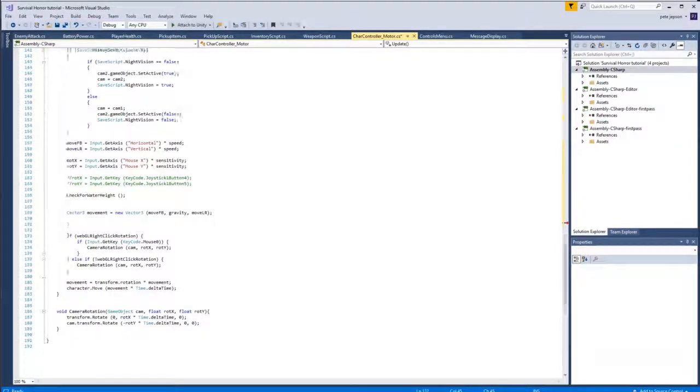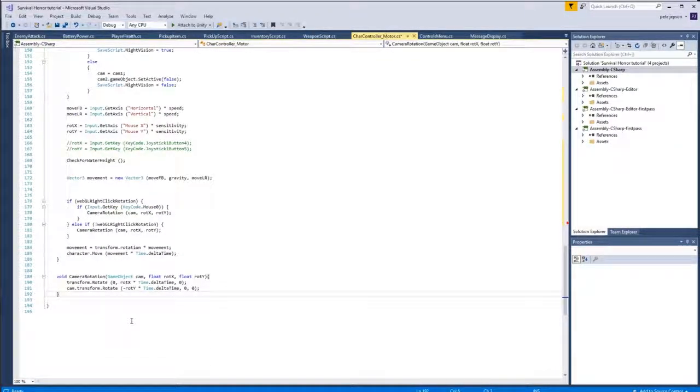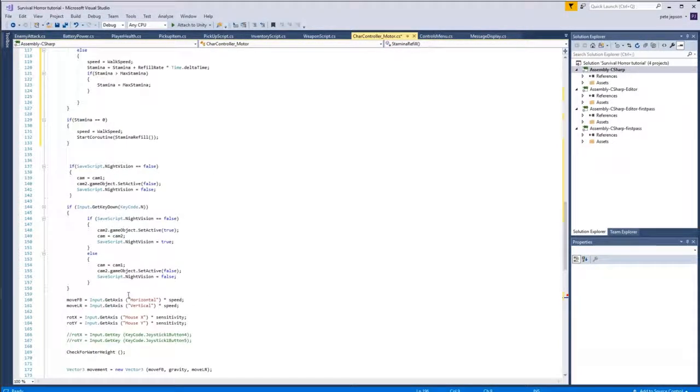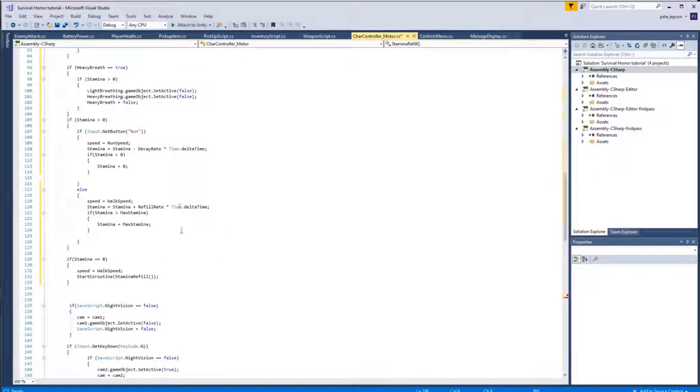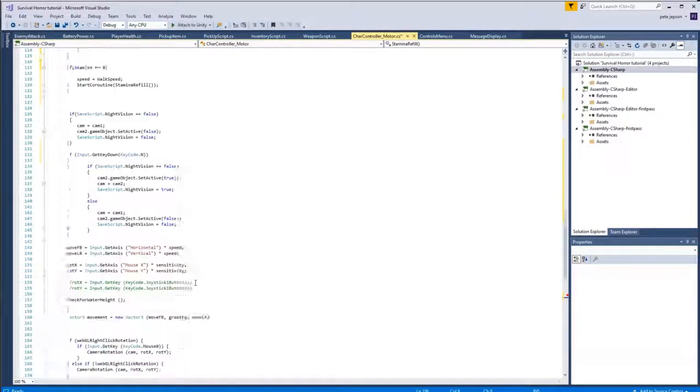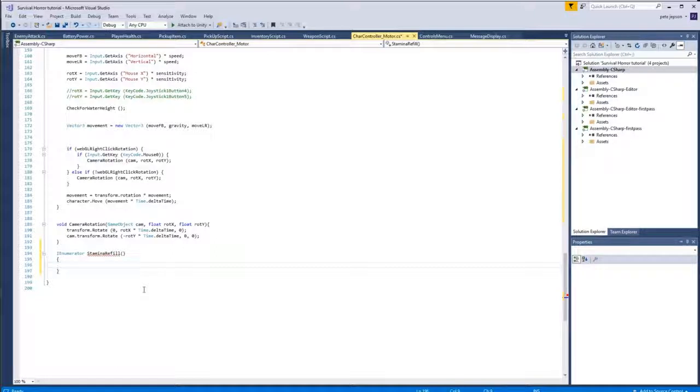Okay, so we need to go down near the bottom, just underneath void, so I'm just going to press enter a couple of times. We're going to create an IEnumerator. That is called stamina refill. Okay, let's just make sure that we spell that correct. Yep, the red line is gone, so it recognizes it, which is good. Now, obviously, we need a new yield. So yield return